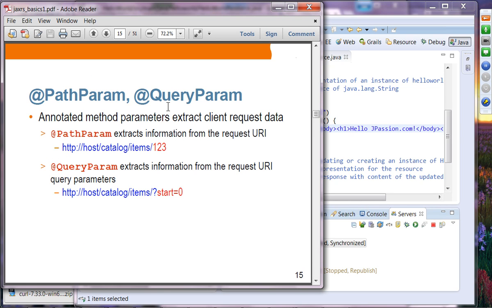Now there is also what is called the query param. So path param is capturing from the request URI like this, like /123 or /sanction. However, if the user sent the request parameter in the form of a question mark and then start equals 0, then you want to capture the value of this 0 or 1 or 3 or whatever, right? That's when you are going to use query param. So let's take a look at examples of path param and query param one more time. We have already seen examples of path param, so we're going to see an example one more time, and we are going to see an example of query param